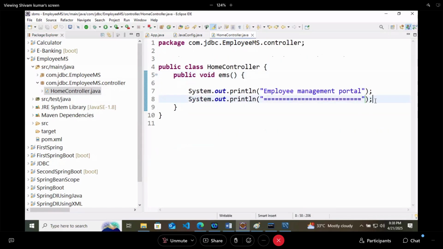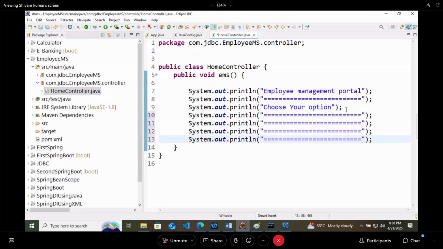Now we will give one print message again: choose your options. Now we will give four options to the user. The first option is add an employee.